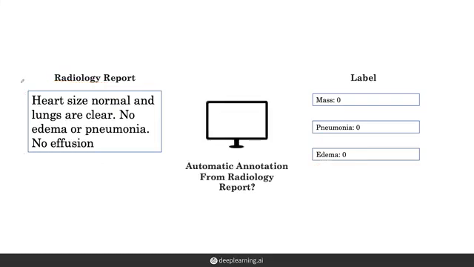One potential solution is to use a machine to read through these radiology reports to automatically perform this labeling. If there are labeled radiology report and label pairs, it is a supervised learning problem, and we can use machine learning approaches on the text to output the labels. An example of the model that can support this labeling would be BERT, which you've seen in the previous lesson. The challenge is when we don't have the thousands of report and label pairs required for supervised learning. We'll look at how we can still perform this task without labeled data.